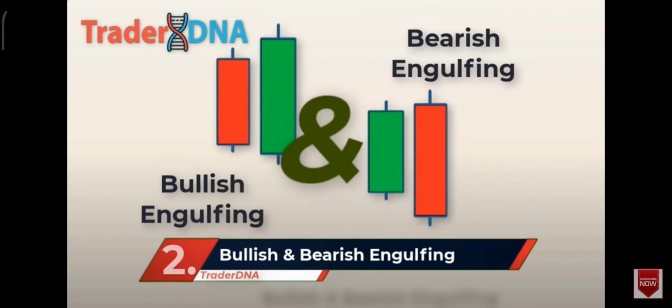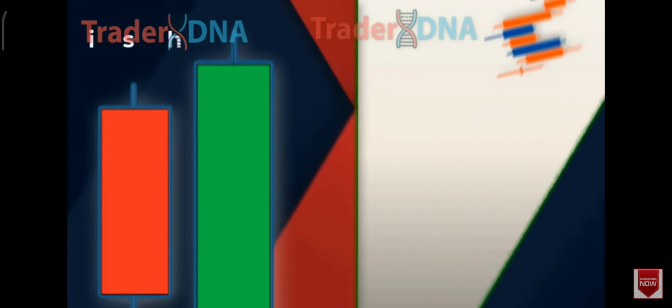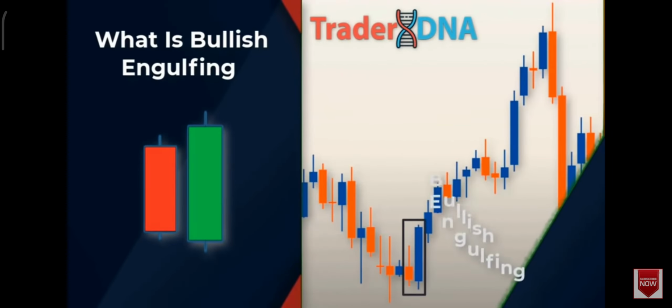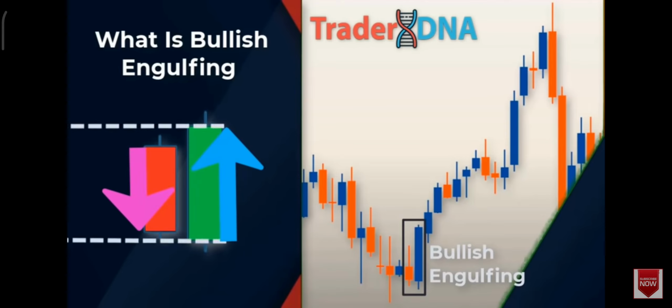Second, bullish and bearish engulfing. Bullish engulfing candlestick pattern. The bullish engulfing pattern is a technical chart pattern that signals higher prices to come. The pattern consists of a down candlestick followed by a large up candlestick that eclipses or engulfs the smaller down